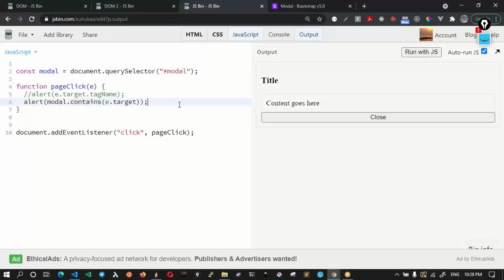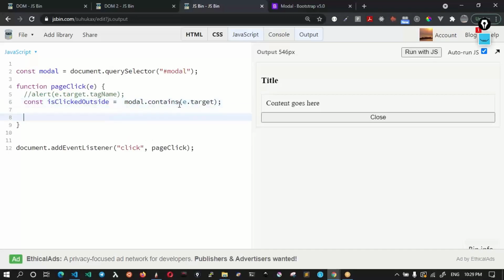Then you can store this into some variable, something like this, const isClickedOutside. Then you can do your check here, and logic goes here. Is this very clear, everyone? How you can implement things like this, using the base knowledge that we are trying to accumulate. And this knowledge will be useful when you build modal dialogs,